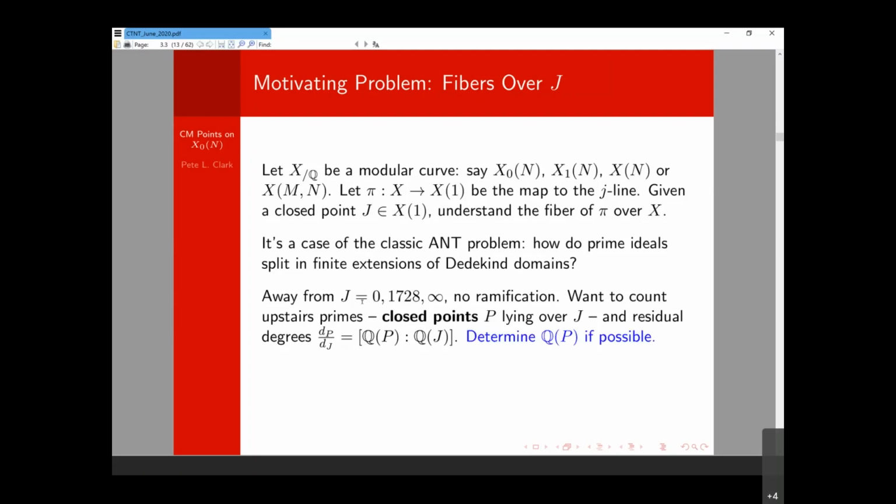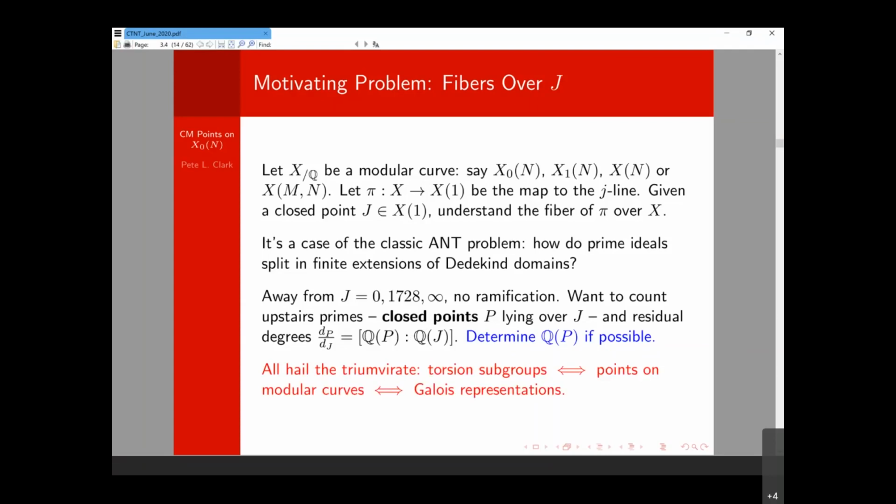degrees are. One minor difference between this case and the most classical case where you just have an extension of number fields: in the classical case, the residue fields are just finite fields. And so if you have a finite field and you know its degree over some other finite field that you know, then you know the finite field up to isomorphism, but that's not true for number fields. So it would be really great to not just know the degrees of these closed points on these modular curves, but actually to know the residue field here, which is the field of moduli of the corresponding point on the modular curve.